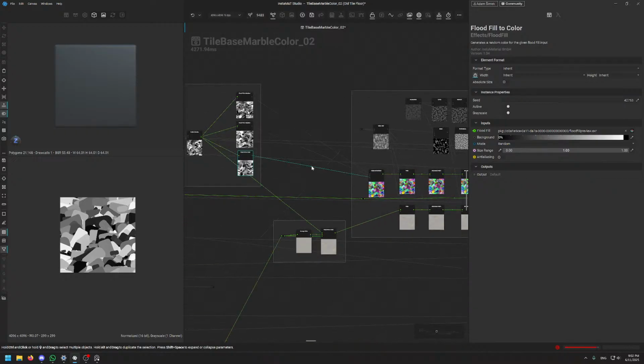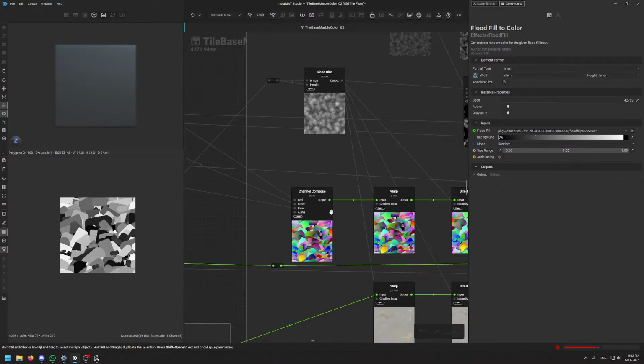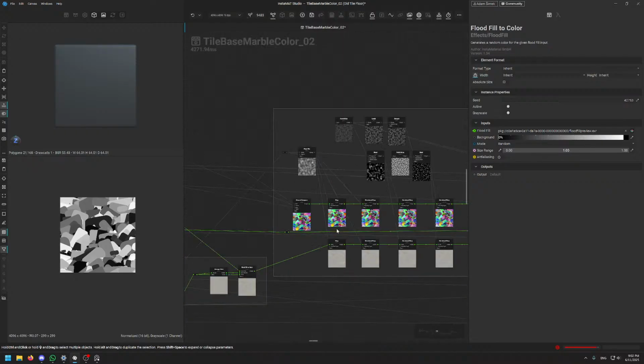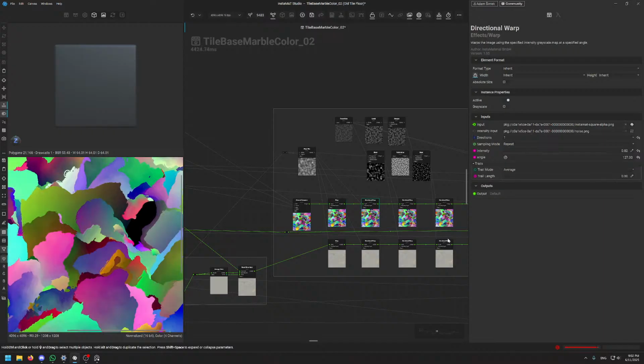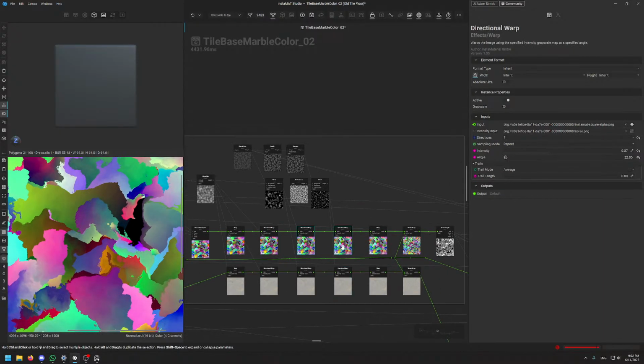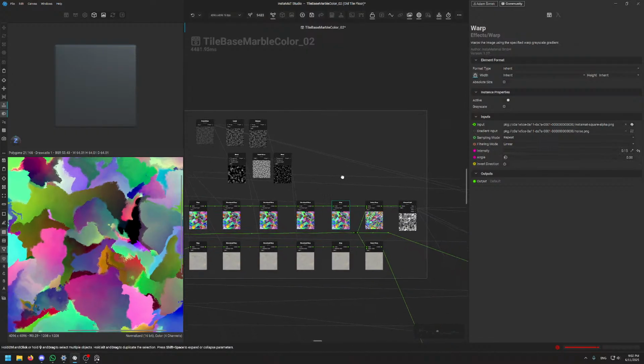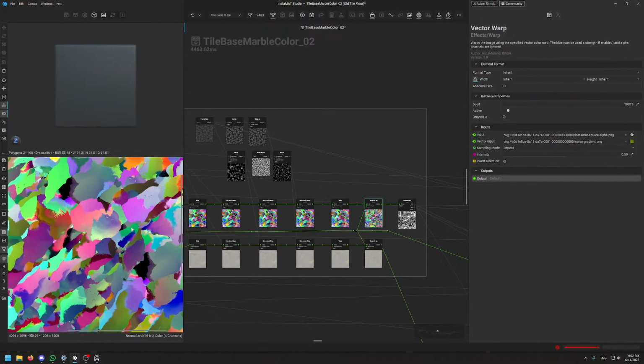I channel pack it or channel compose it and run it through a couple of warps: one warp, another warp, another warp, another warp, and another warp, and a vector warp at the end,